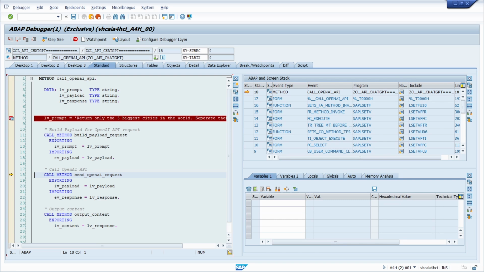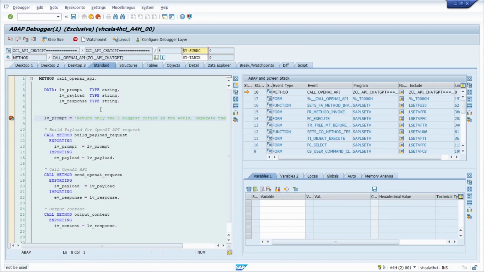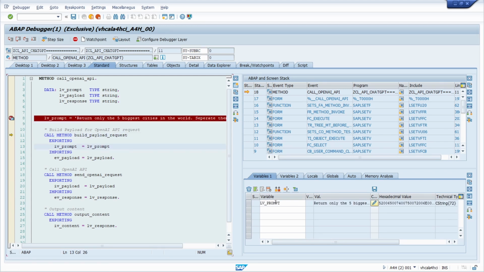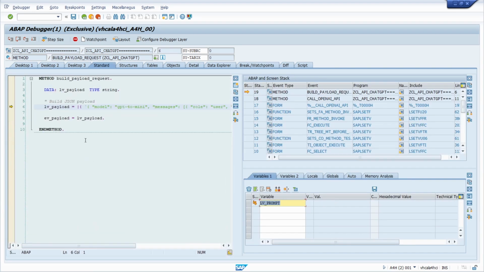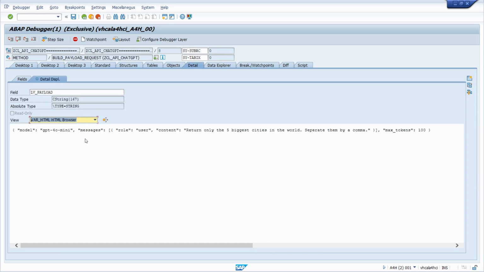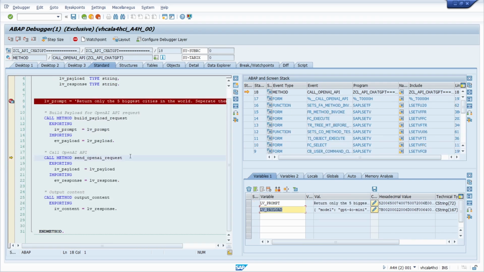Okay, too much. So let's do this once again. F8, this was by mistake. So once again here, F6. Here we still have our prompt. And then with F5, we go into it, and the JSON is being built. Within LV payload, here we have our JSON, and here in the content, we have the prompt itself. So then F6, F6, and then here the